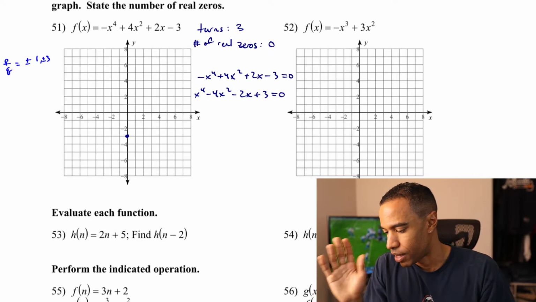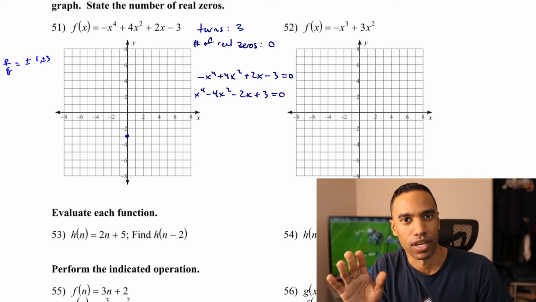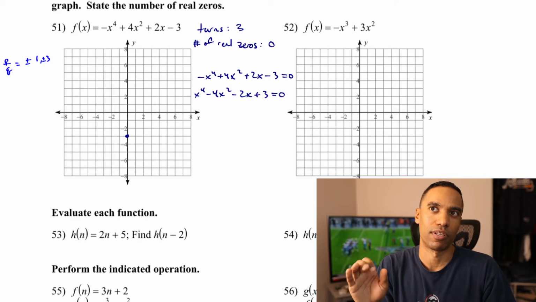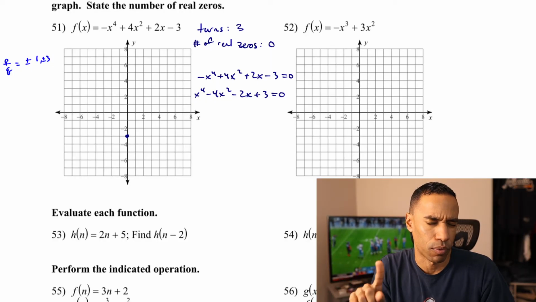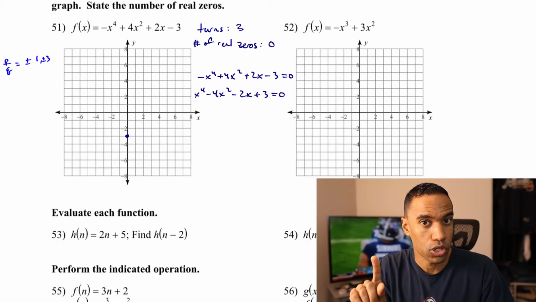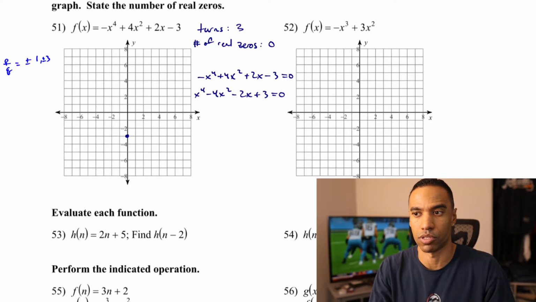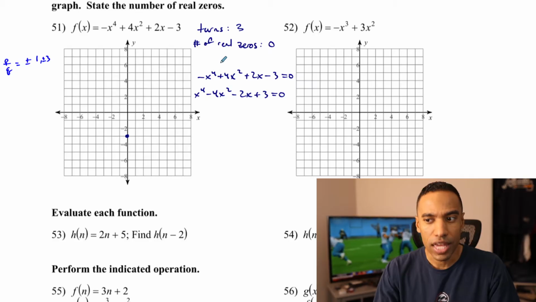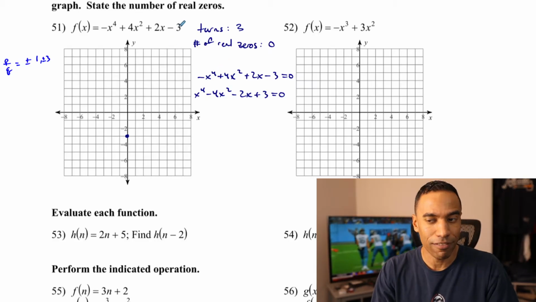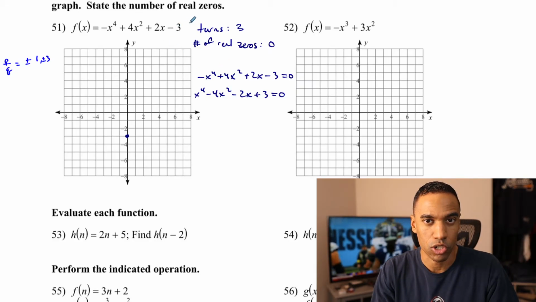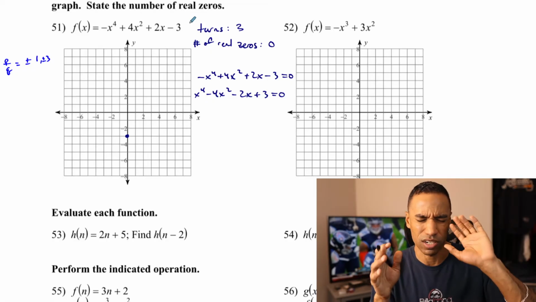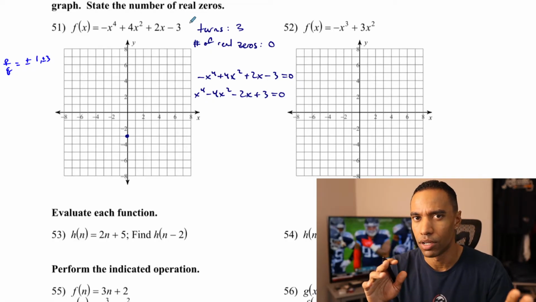Okay, sorry. I'm struggling to say what I want to say here. The first thing I wanted to state was I was confusing saying real with rational. As far as rational zeros, there are no rational zeros. There may potentially be real zeros, though. They would just be irrational. The thing is, unless we are given irrational roots and use synthetic division, like what we did before to work that out,